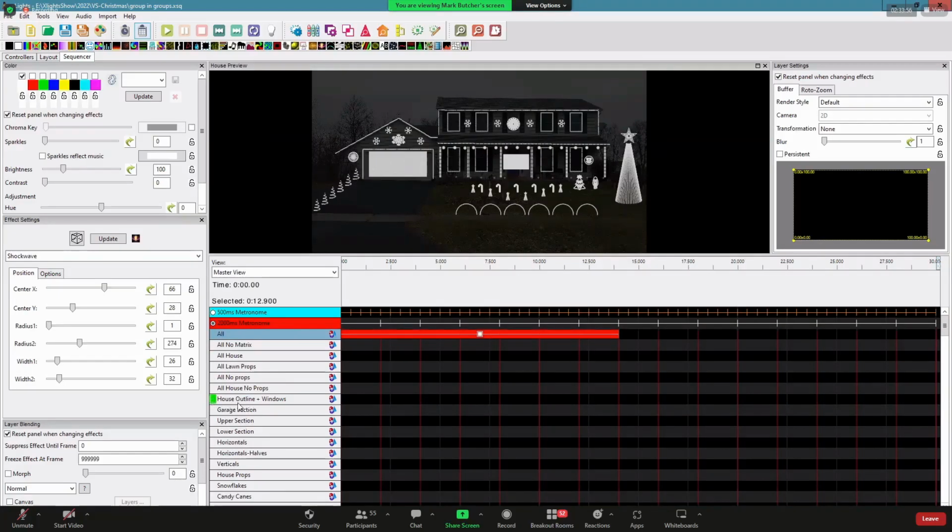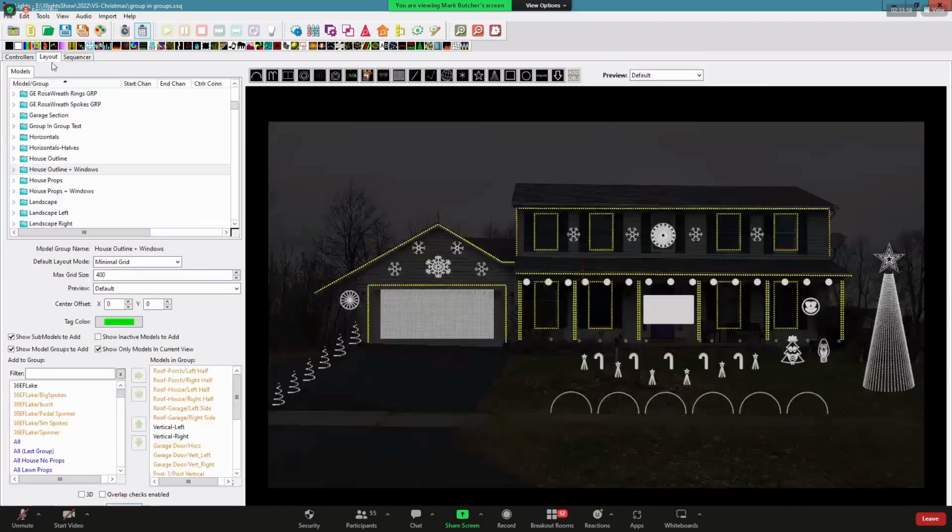Yeah, interesting. And back in layout, I'm not sure if Mark, if you know, great, but do Scott or John know? Is there anything for default layout mode other than minimal grid that we should be using in any scenarios that you can think of? I don't know that answer. So I normally put all of my house outlines as single line. So single line for any kind of house outlines, it's basically a single pixel height, right? Yeah, it'll make a single pixel and it'll be the length.